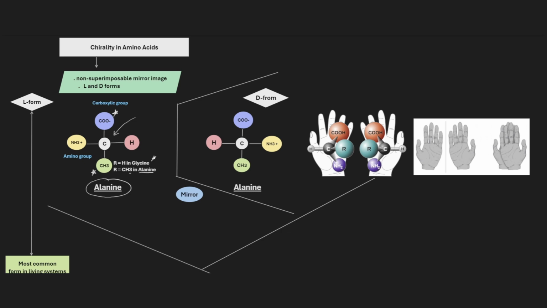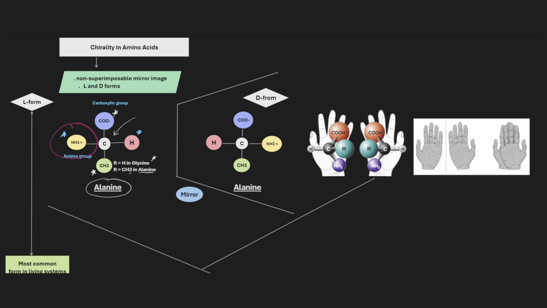So as it is a variable structure, we place it at the bottom of the chain. Now we are left with the 2 groups. One is basically the hydrogen atom, and the other is basically the amino group. Whenever we discuss chirality in amino acids and the L and D forms of amino acids, we are actually focusing on the position of this amino group within the structure of the amino